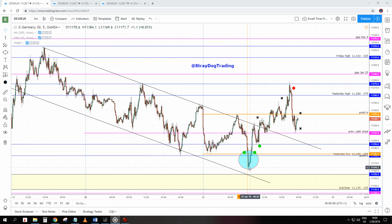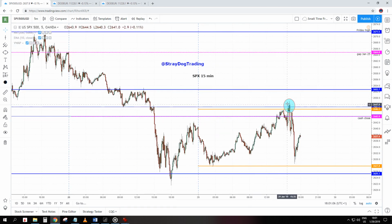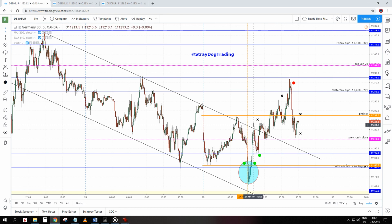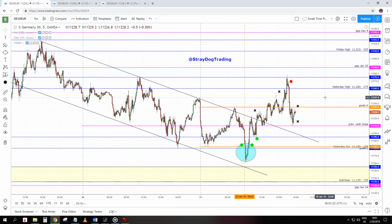From this entry there was some heat, or maybe it was a stopper, but then you must really enter here again, using that rectangle as a help for the previous day range, and to observe and to be ready for false breaks. DAX has had a false breakdown of the pre-market low, and as you can see, the S&P had a false breakout of the overnight high. This is something that is very usual for sideways indecisive markets, and that is a very good entry for you. Those are very good entry points with very high odds that you will get at least a 2-hour trade out of it. And this is it for this